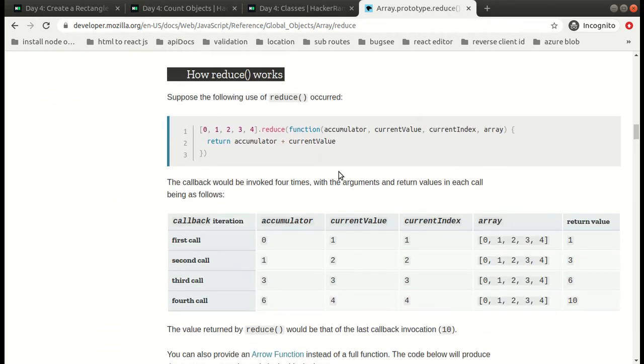Over here, this is our array and we are reducing it using this reduce function. We have accumulator, current value, current index, array, and we are doing accumulator plus current value. So in the first call the value of the accumulator is the array at 0, and current value will be 1. So we get 0 plus 1, 1. Then in the second call it will take the return value 1. We will have 1 plus 2, 3, and similarly the calls will go on and we will get the sum of this array.